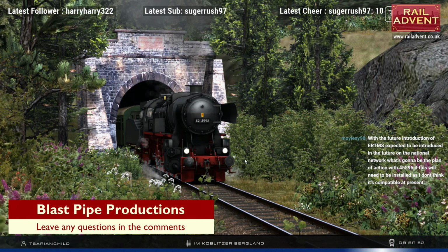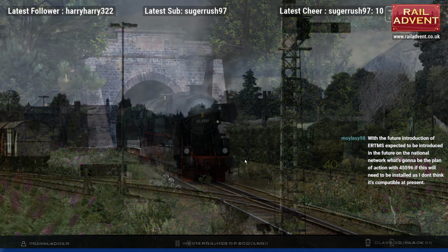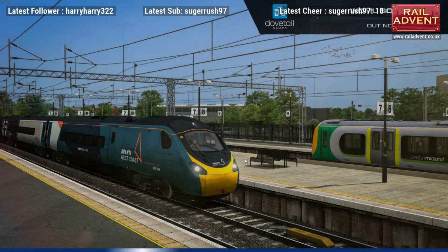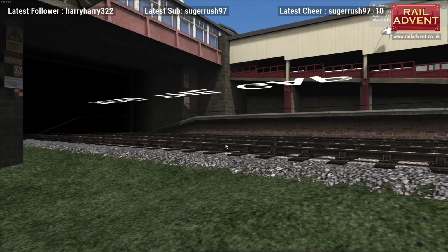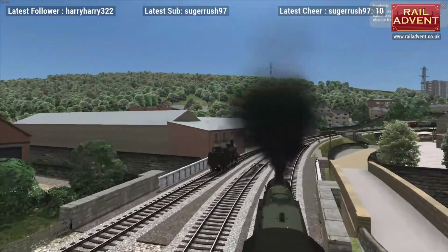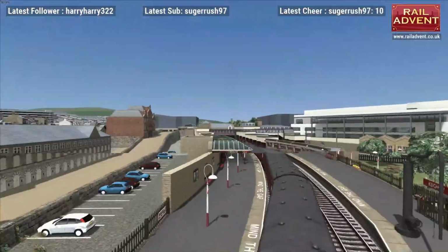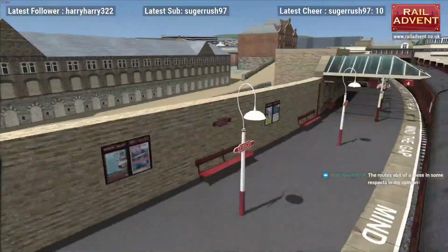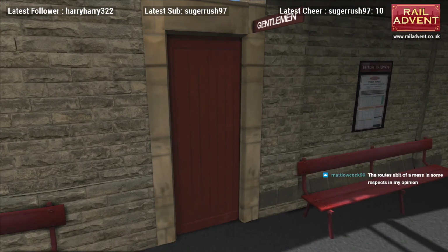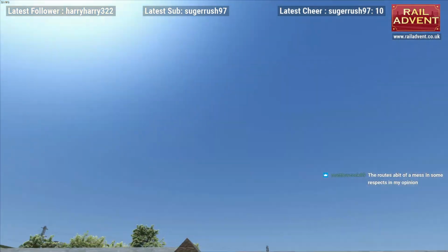It is a really good effort. It is a really good representation of the line, but there's a lot of stuff on it which could be a lot better. And most of it's little stuff like you wouldn't really notice, but my favourite example of it is the gentleman's toilets at Keighley Station. If you care to have a look, the gentleman's toilets at Keighley Station, this is one of the things that bugs me,